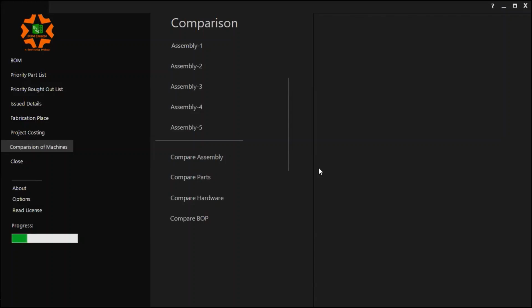Next, we need to print only a single drawing for one particular common part. We need not print multiple drawings for multiple projects. So for the common components, I can print the drawings only once. So that's again a huge saving of paper for my organization.